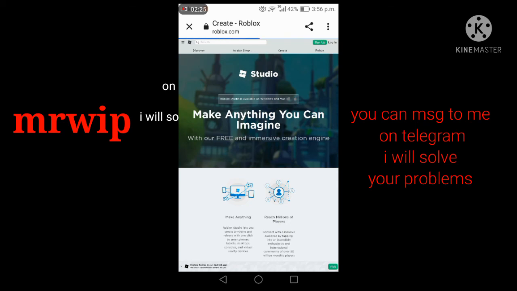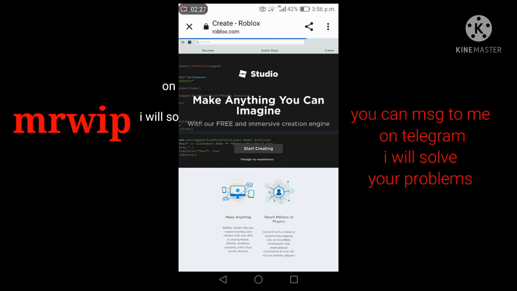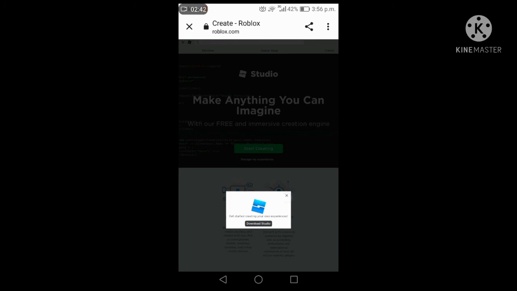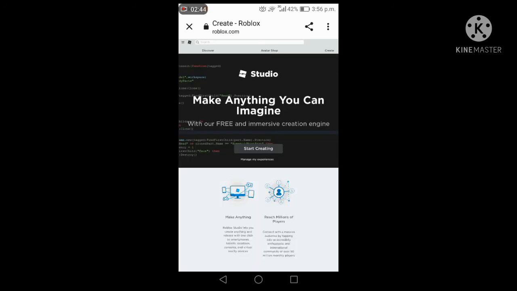After that, this comes up, and you have to click on start creating. After starting, everything goes on, and if you have knowledge about Roblox, then you can download Studio. Without Studio you cannot, so I don't